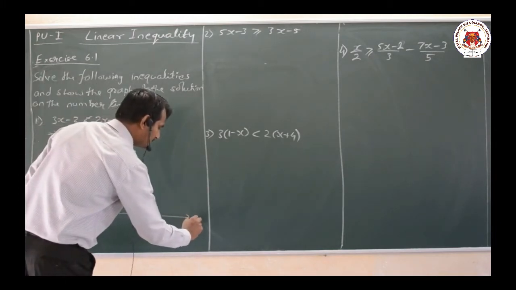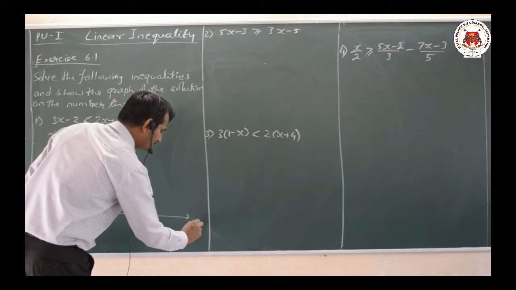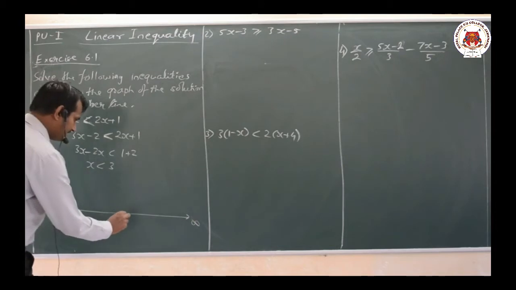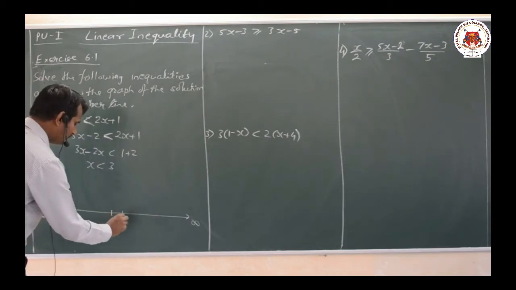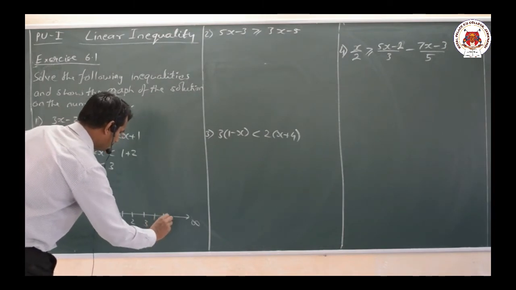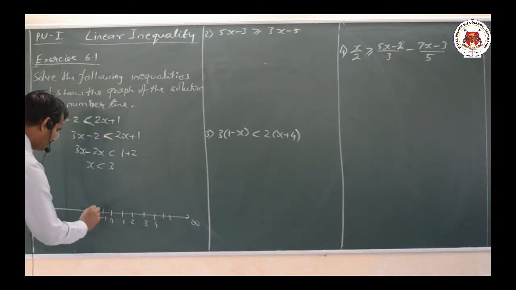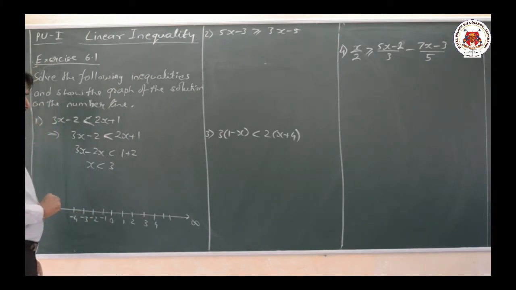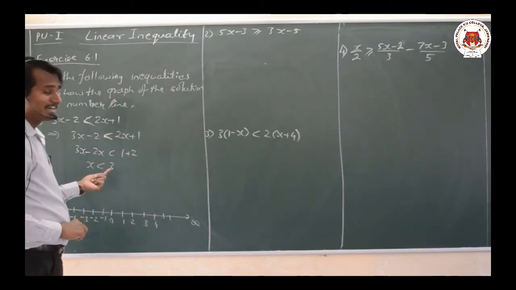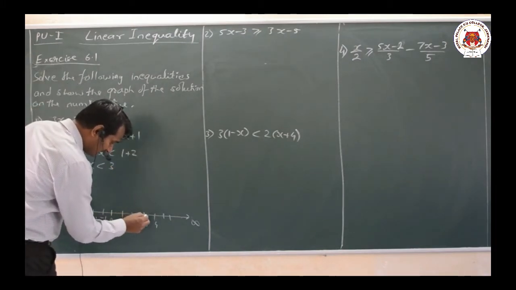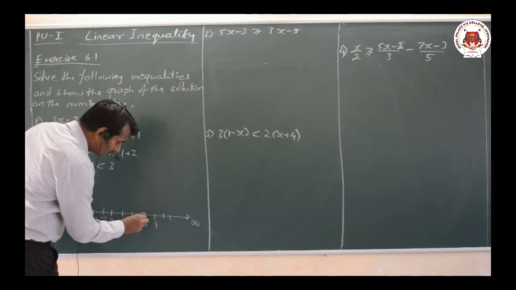This is the positive side, that is plus infinity, and this is nothing but our minus infinity. We shall take it as 0 here, 0, 1, 2, 3, 4, and so on. And then minus 1, minus 2, minus 3, minus 4, and so on. Now here what is the x value? It is strictly less than 3, not 3, it is less than 3. That means at 3 we have to make a round mark here, a hollow mark on the 3.